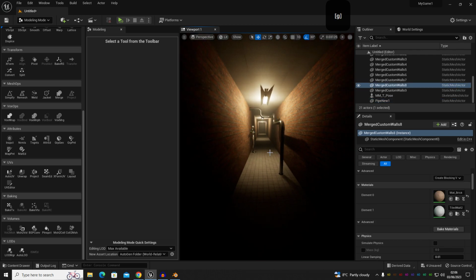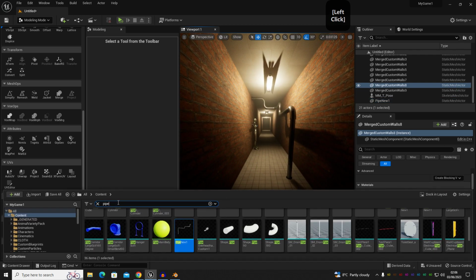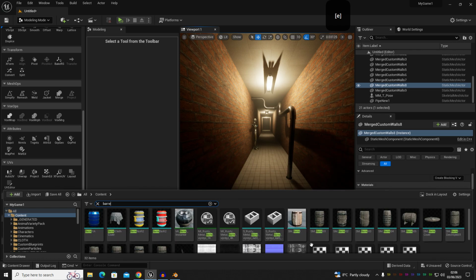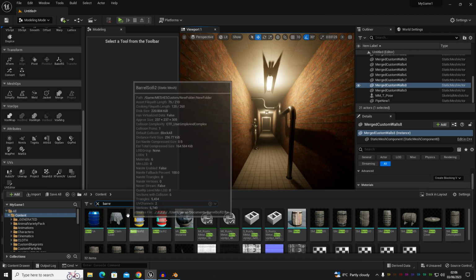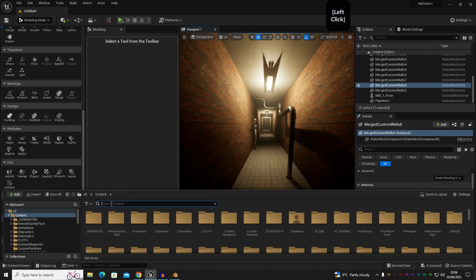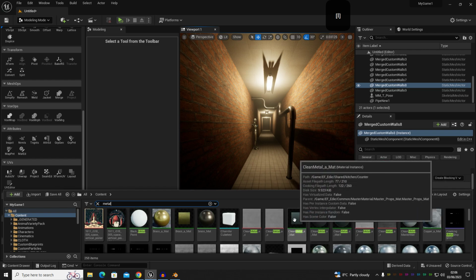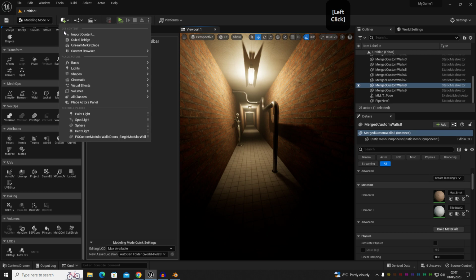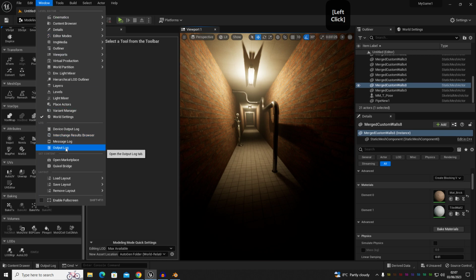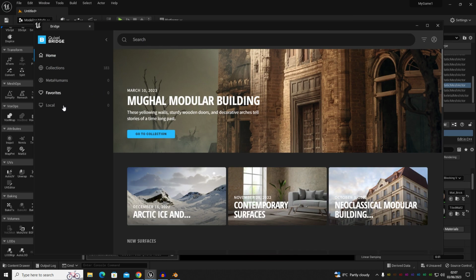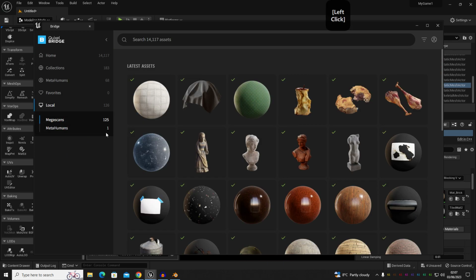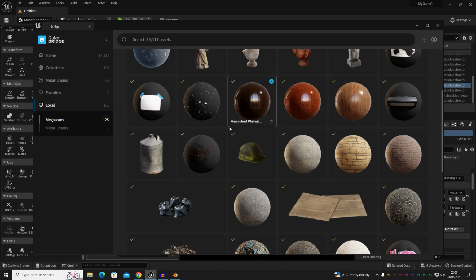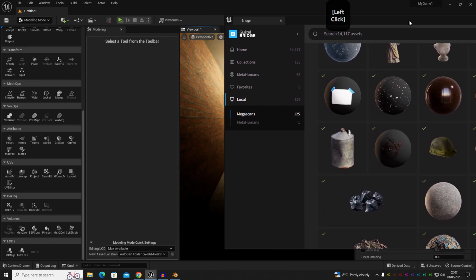and then you can just keep on adding things like graffiti or barrels. We could get some rusty barrels, metal, or should we do Quixel Bridge quick adds? Oops, that one. So let's go to local, and then we'll go to, let's see, here we go, we've got an old metal can here,